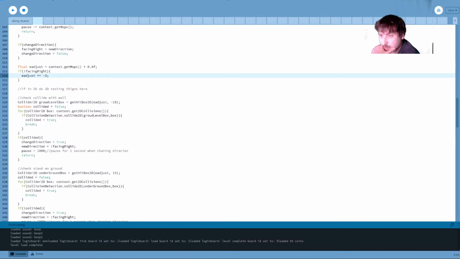Alright, let me commit the changes I've made so far then. Let's see, add entity agent context.